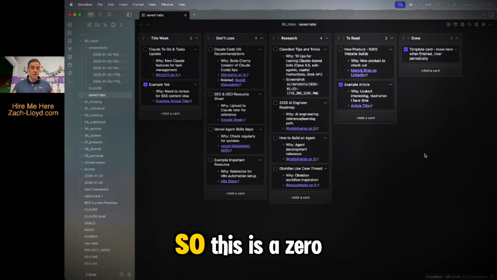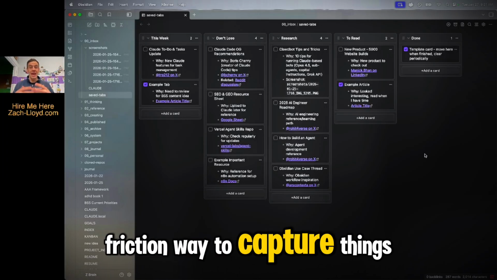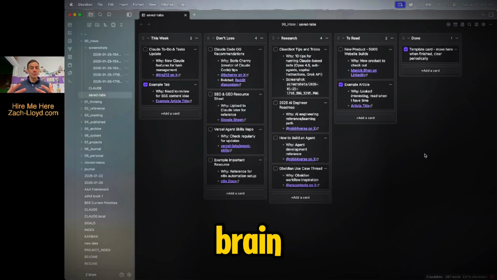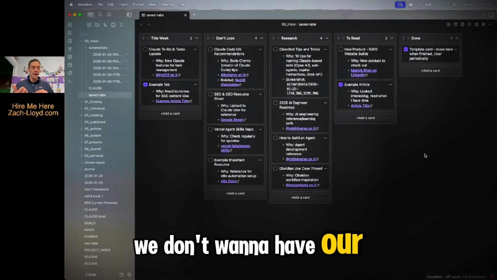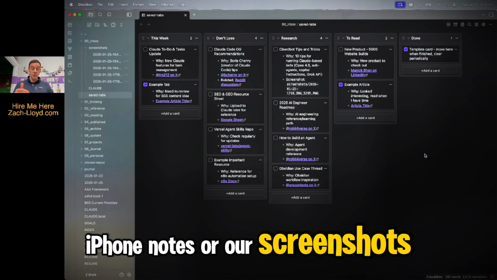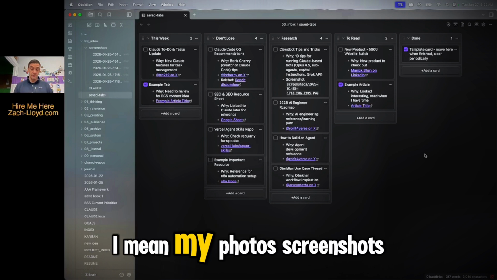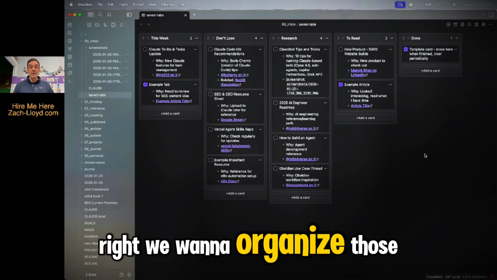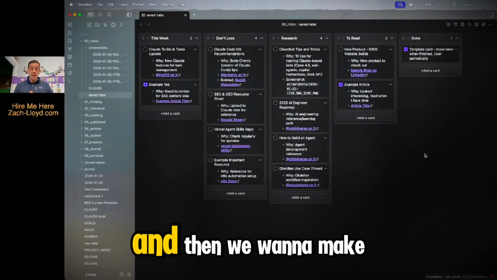Thanks, Claude. So this is a zero friction way to capture things on your phone and throw it into your system, because we're building a second brain. We don't want to have our iPhone notes or our screenshots folders, in my photos, screenshots, it's ridiculous how many screenshots I have, right? We want to organize those, especially the ones we want to capture,